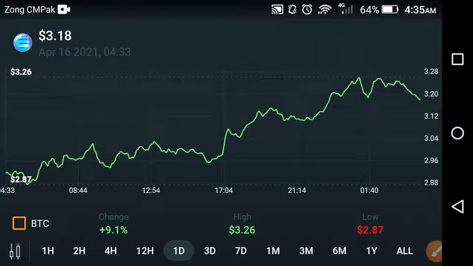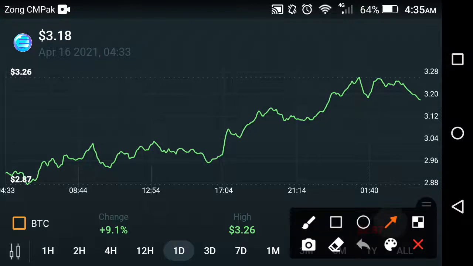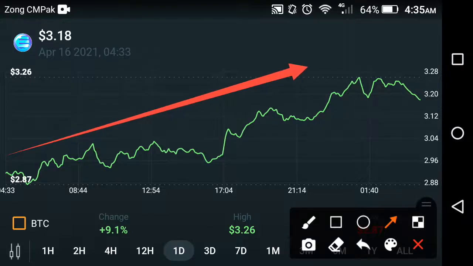Enjin coin is one of the best cryptocurrencies which are moving upward. As you can see here, the last one day price prediction chart tells us that continuous jumps have occurred in the Enjin coin. That's why my suggestion for all Enjin coin holders is to please hold your Enjin coin until the end of this month, because a big explosion will occur in the Enjin coin.